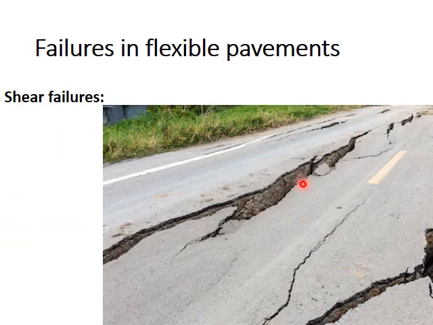So here you can see large depression. Here there is settlement. This section has settled down. This section is upheaved. So this is not only for the surface course, but you can see the layers below the surface course have also experienced this, and the depression is very large, the upheaval is very large. So this is type 1 shear failure, where the subgrade was weak or the excessive moisture content of the subgrade has led to settlement or compaction, and all the layers of the pavement are subsequently settled, and there is a total shear failure of the pavement structure.